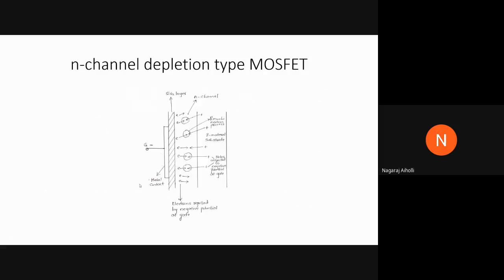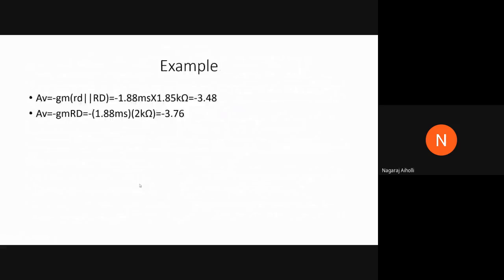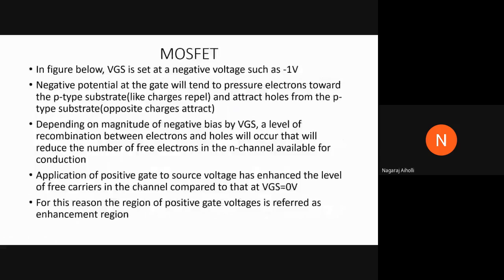In the examination, the question can be to explain or derive the performance parameters of the common source JFET fixed bias configuration. You have to derive the performance parameters, that is input impedance, output impedance, and the voltage gain equations. And one more question on the topics we have discussed today may be to explain the N-channel depletion type MOSFET, that is, explain the construction and working of the N-channel depletion type MOSFET. You have to draw these figures, right, and then explain their construction and working.